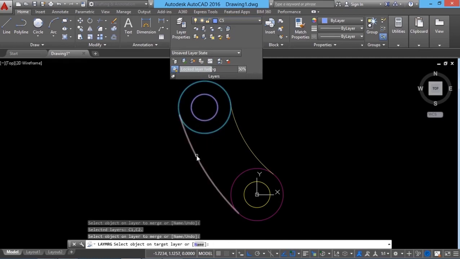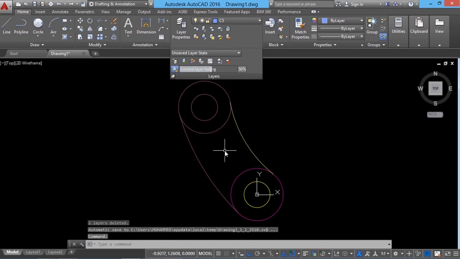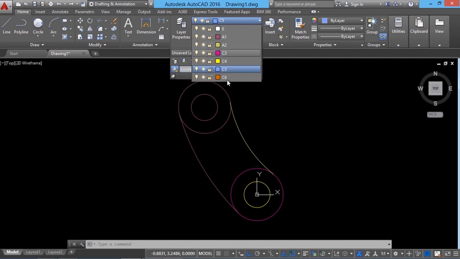Then it will ask you for a target layer. When you click on the target layer, these two objects will be taken to the target layer. That means these three objects are in the same layer, and the layers of these two circles will get deleted automatically. Now the software is asking for permission whether you want to delete it. When I click on yes, those layers will get deleted. Let's just check that out. Now you can see that two layers are deleted from this list. So the merge layer option can be effectively used to reduce the number of layers,